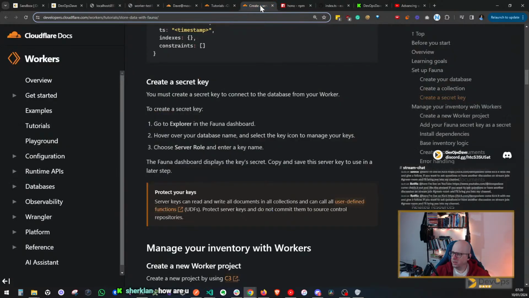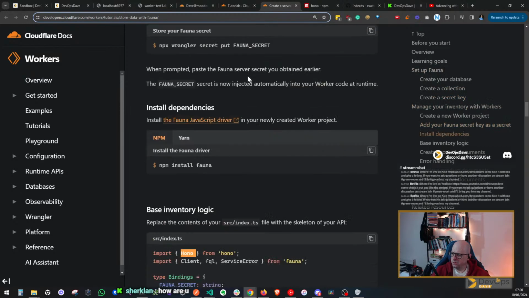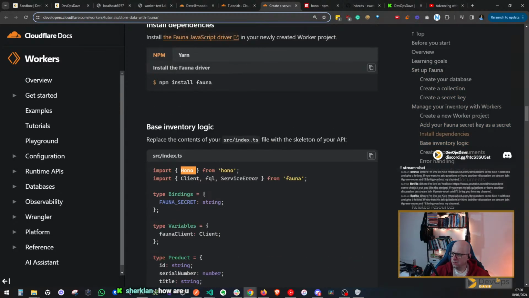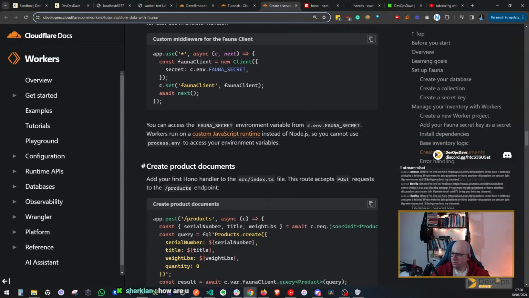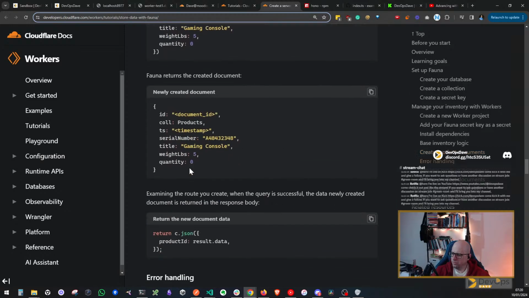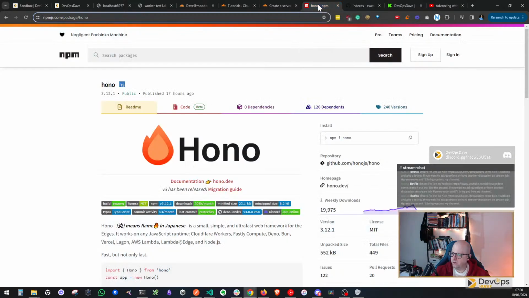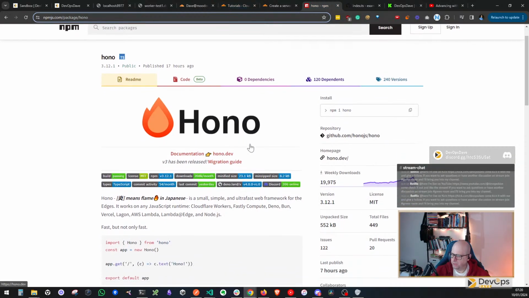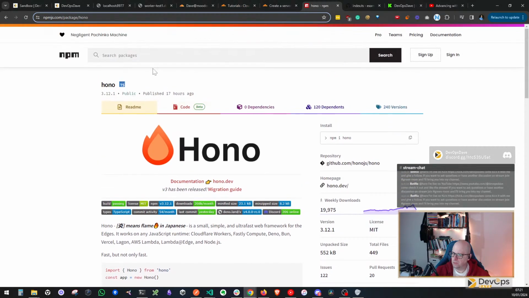Close that. Yeah, this is the one with Fauna. I'm not going to use Fauna, but we might try D1. Probably not today, maybe tomorrow. But let's start with